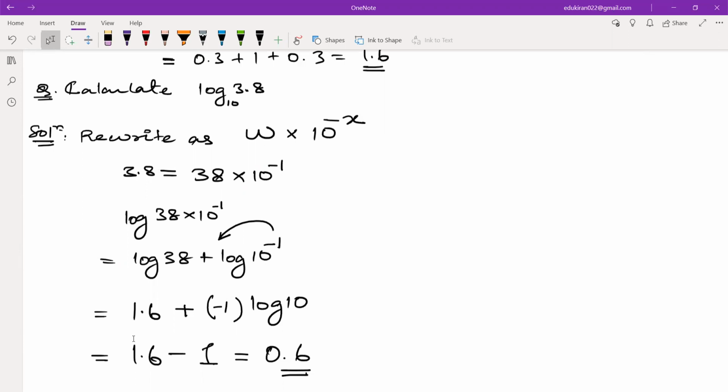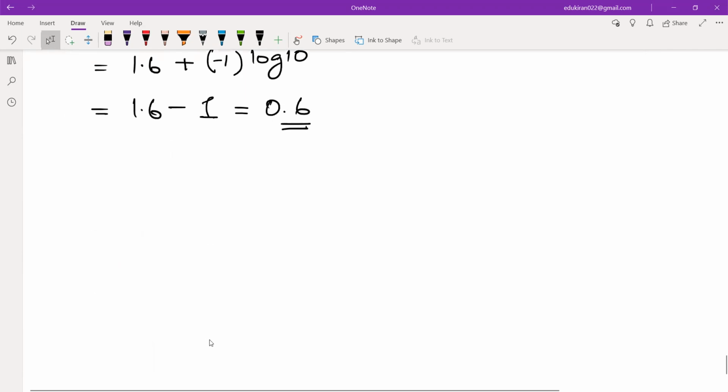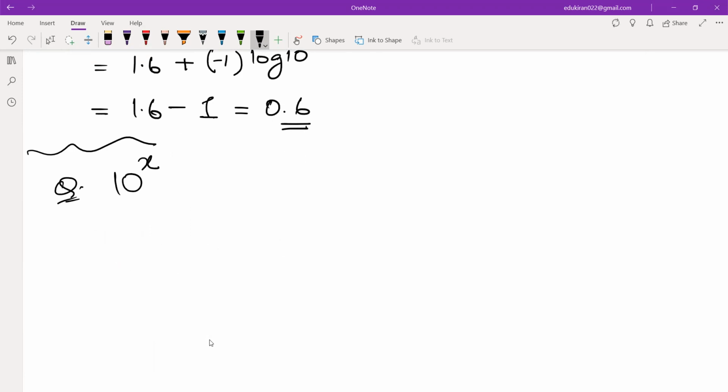Okay, so this is all for today. And tomorrow, what are we going to learn? Tomorrow, we are going to learn how we will calculate 10 to the power x is equal to, let us say something, that 10 to the power x